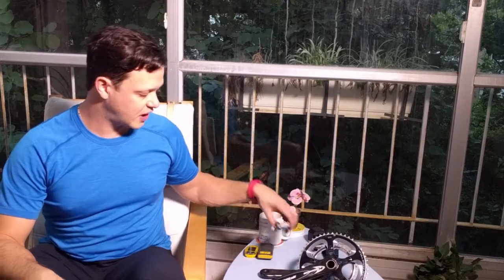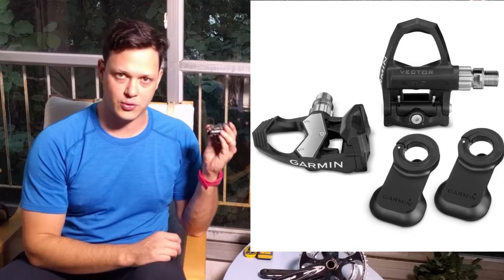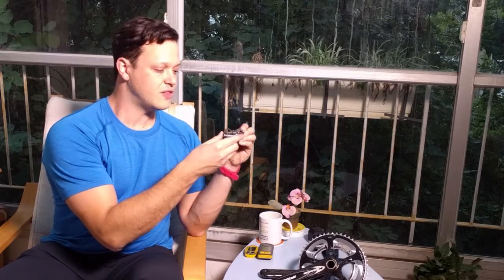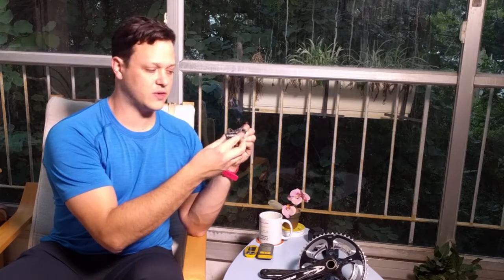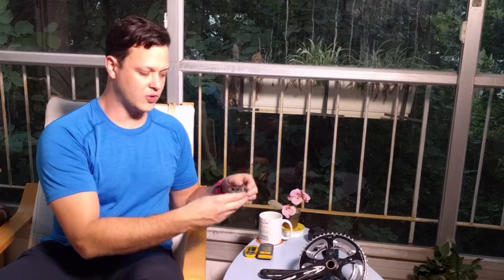So that's the Powertap. Then moving away from the drivetrain and the alternate drivetrain side is going to be the Vector. This is not a Vector and this is not the Powertap pedal system. This is simply an SPD to get you guys an idea of what it's measuring. On the Vector website, they actually talk about how it's measuring the deflection all the way through your pedal stroke. So how much torque is going on here, and then it uses an algorithm. For the Vector 2, it'll just be the one side that it's measuring, and the Vector 2S or the Vector 3 is going to